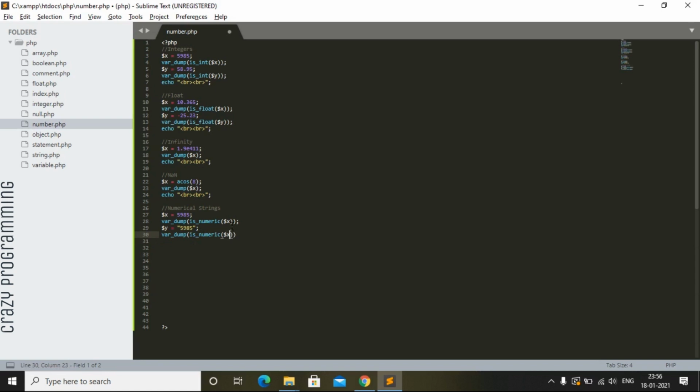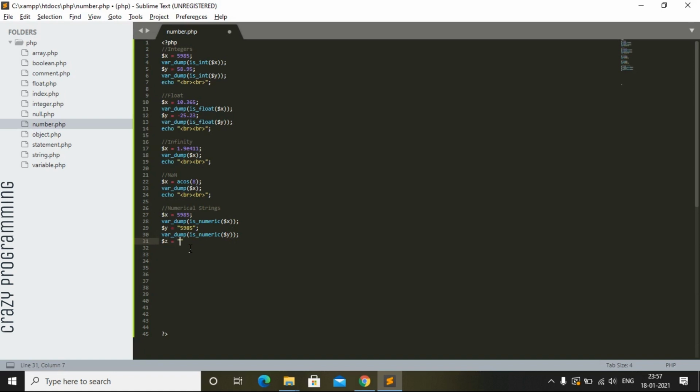And like this we are going to do it again and again with different values. Let's use Z now. $z equals,